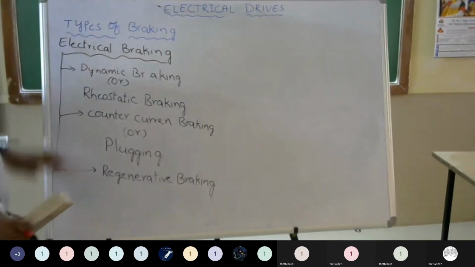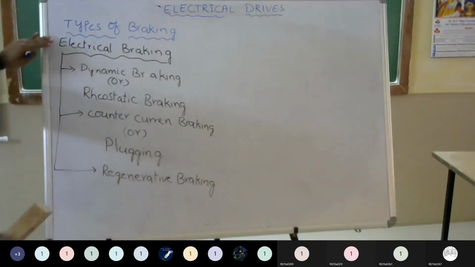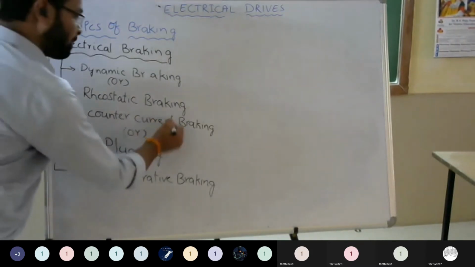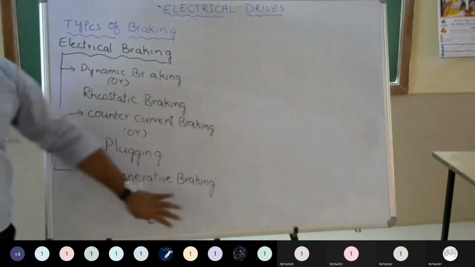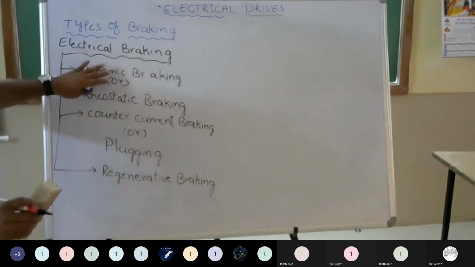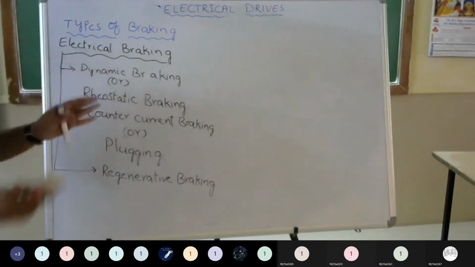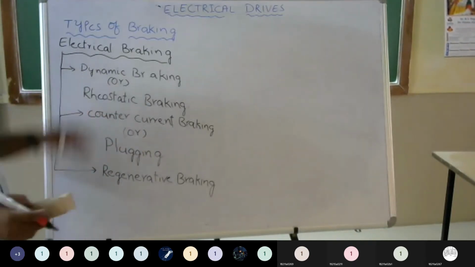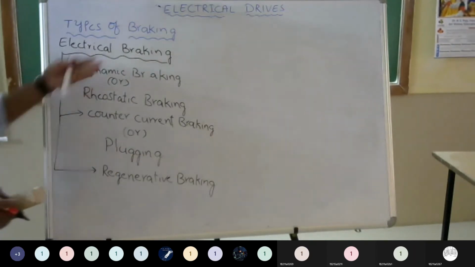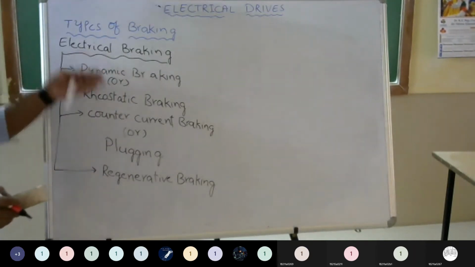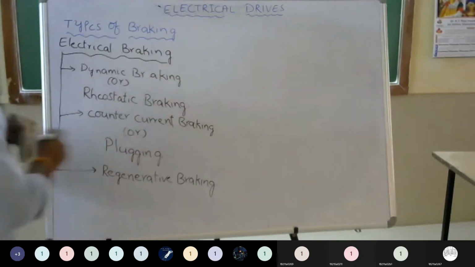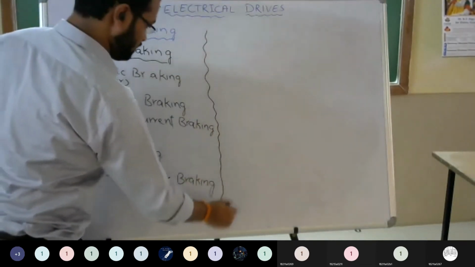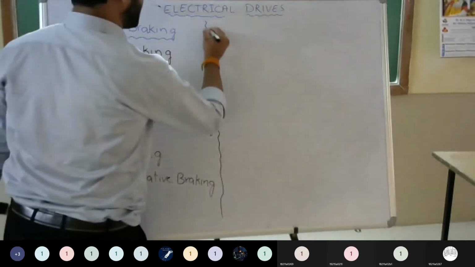So these are the three braking methods available in electrical braking. One is dynamic braking or rheostatic braking, the second is counter current braking or plugging, and the third is regenerative braking. Guys, please remember these things. If you understand these, then whether you go for the DC motor, the induction motor, the DC series motor, or different motors, these are the general braking methods. One by one, for each braking method, we will see what happens and how the braking is applied. First we will go with rheostatic braking or dynamic braking.